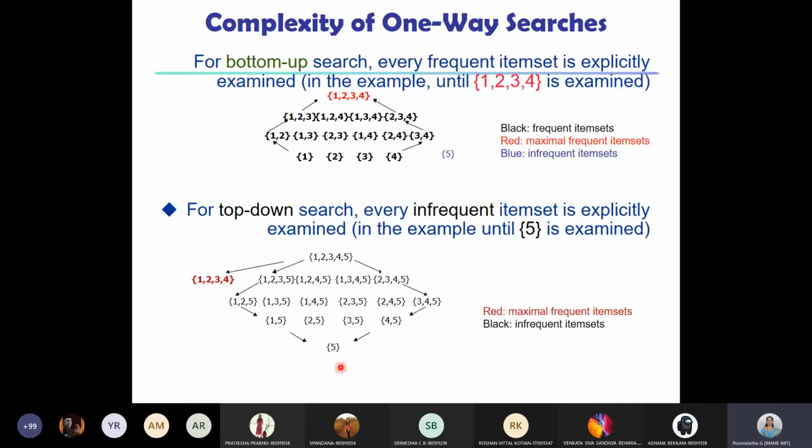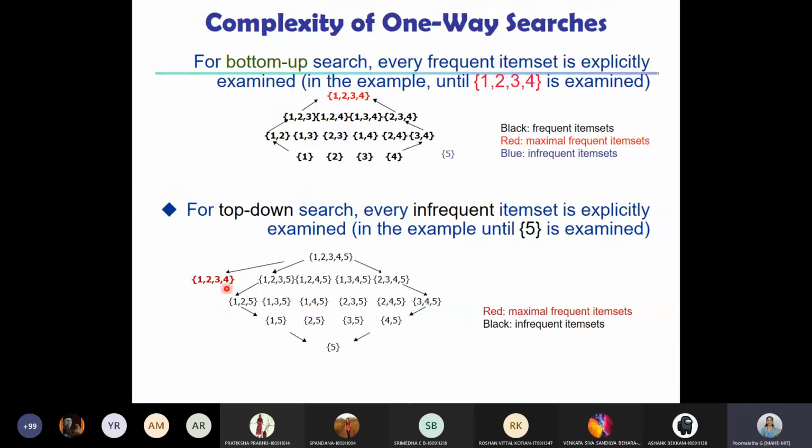Again, we go down. You can see here, it's the same example we have taken. If you perform only bottom-up search, the way we used to do in apriori, this is the number of scans which we need to do to get the final answer. Again, for the same database, if we apply top-down, the number of steps remains more or less the same. In bottom-up, if an item set is infrequent, we don't generate its superset. If an item set is frequent, then we generate its superset. Here it is the reverse. If the item set is not frequent, only then we generate its subsets.